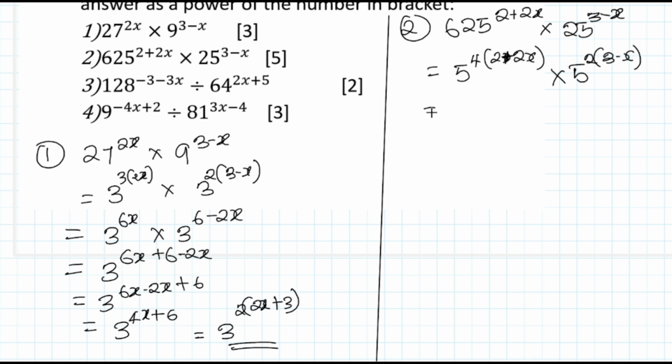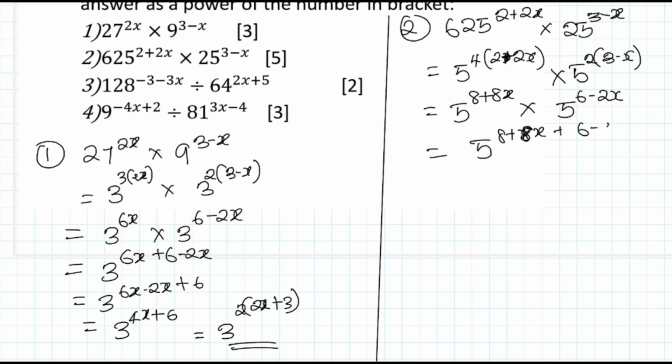Then we open the bracket. So 4 times 2 will be 8, and 4 times 2x is 8x, multiplied by 5 raised to power 2 times 3, that will be 6, and 2 times x will be minus 2x. Now we apply the multiplication law: 8 plus 8x